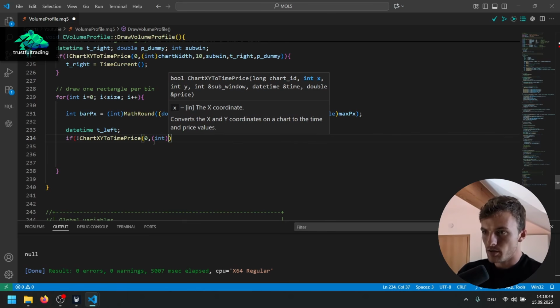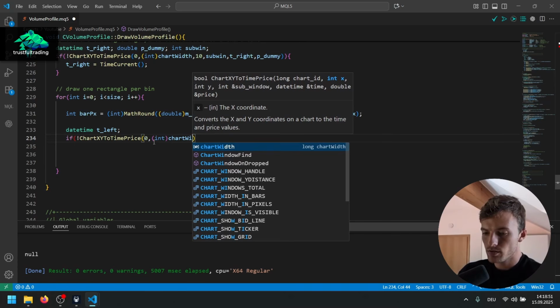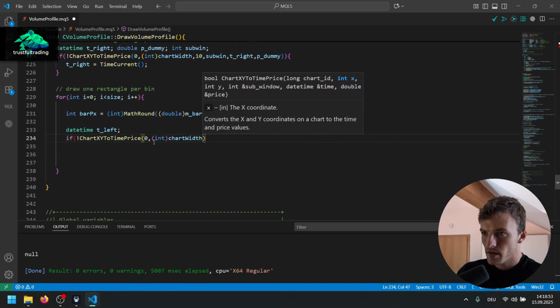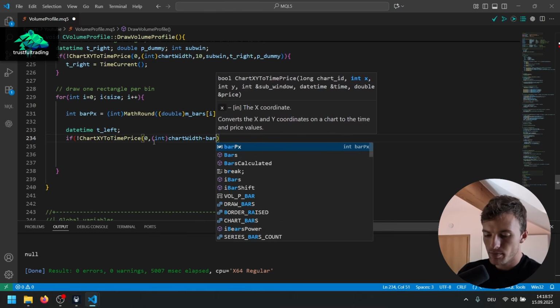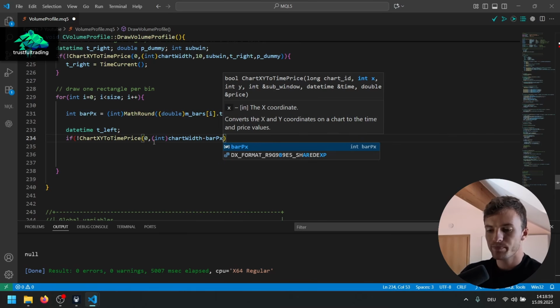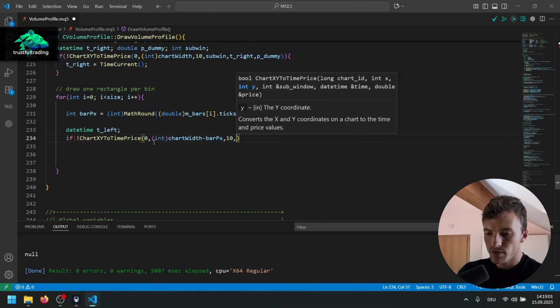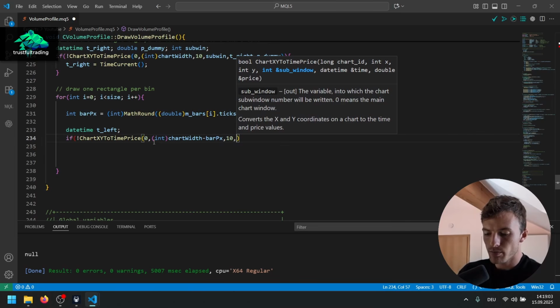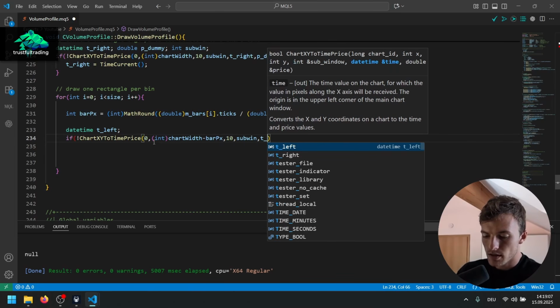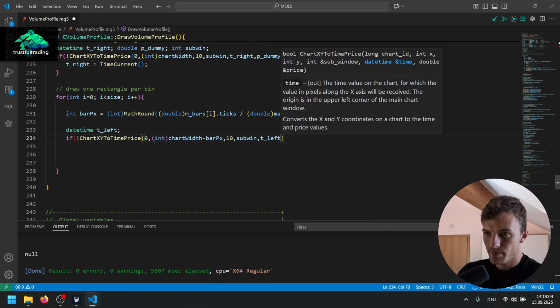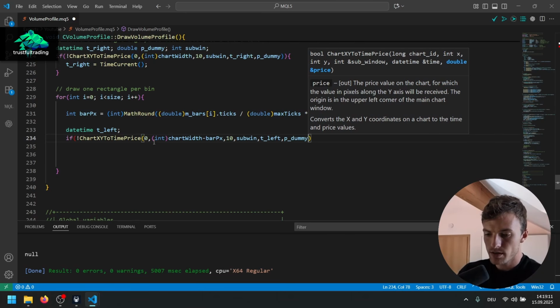Integer is still our chart width, but this time, of course, we need to subtract our bar pixels variable. 10 for the Y coordinate, sub window is our sub window, t_left, and our dummy for the price